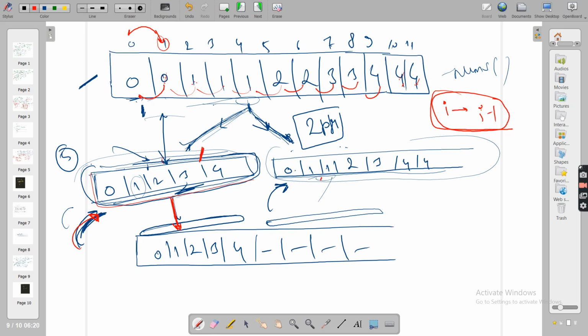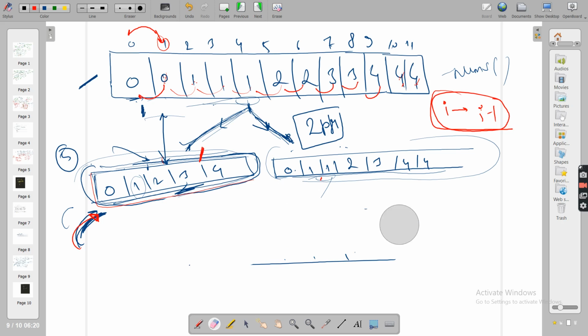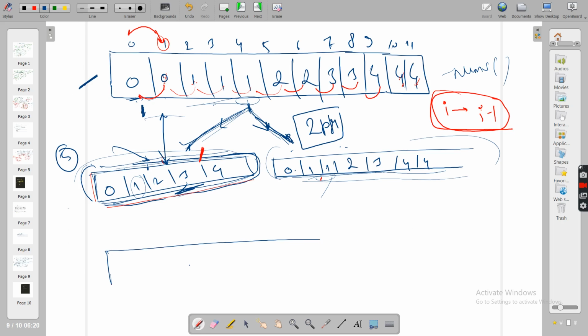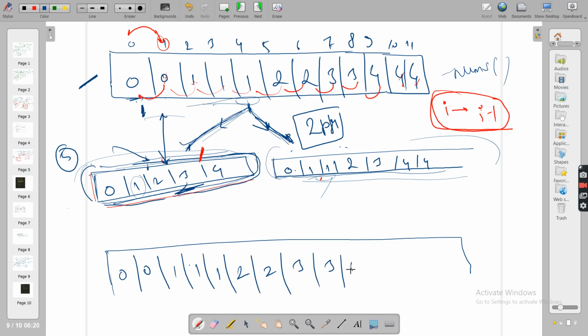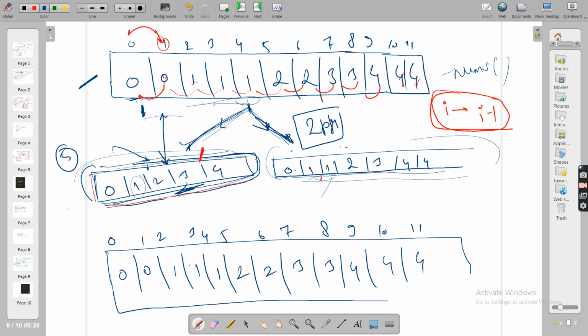Now let's see how we can go, because now you got this idea that in two pointers we can use some conditions like this, I and I minus 1, we can compare them and get our answer without using extra space. Now just let me copy this array 0 0 1 1 4 4 4. This is the initial nums array that we were getting. Sorry for my bad writing, I'm literally not good at handwriting.